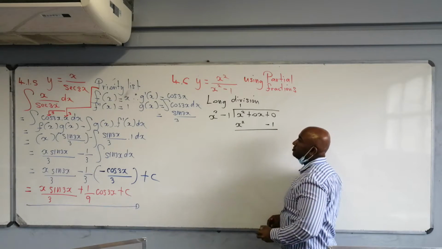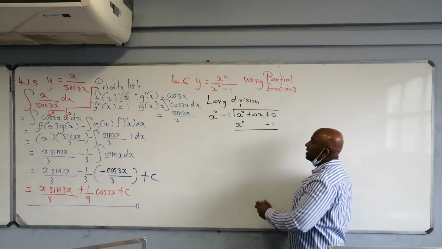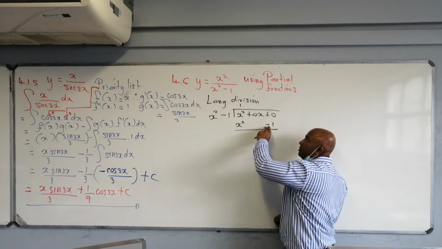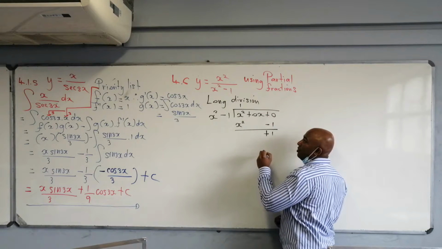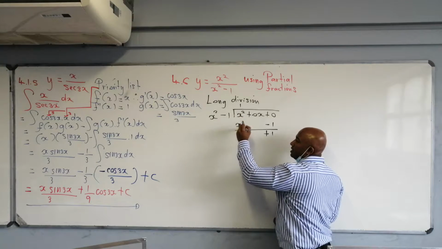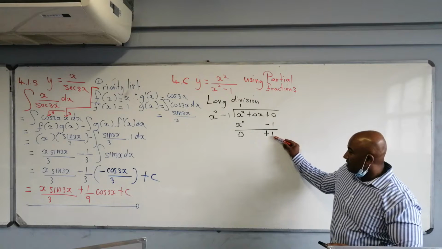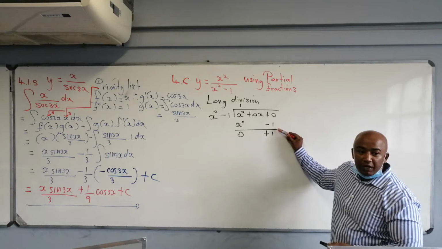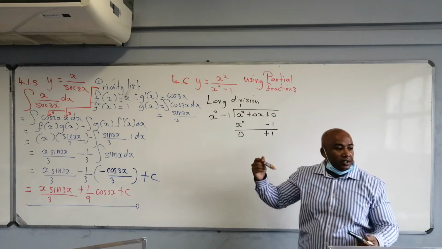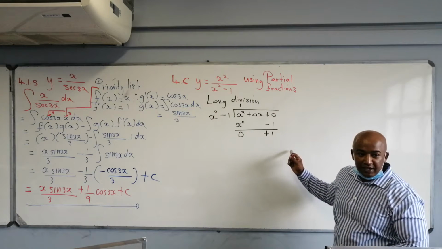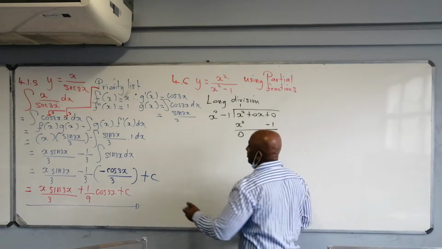Subtract. So that was divide, multiply, subtract, top minus bottom. Top minus bottom, 0 minus minus 1 is going to be a positive 1. Top minus bottom, 0. This was an easy long division. Check. This is 1x to the power 0, which is smaller than x to the power 2. So therefore, this is the remainder. Right, there's no more division. So therefore,